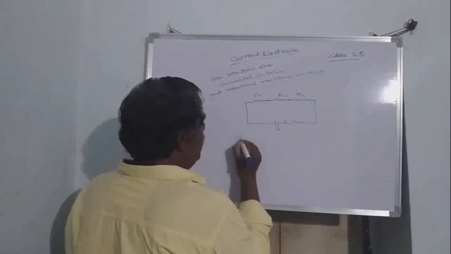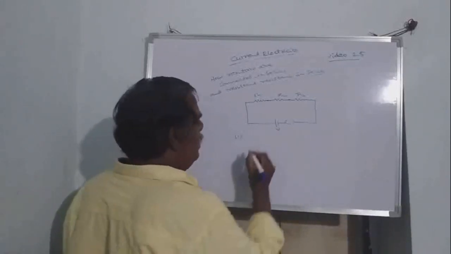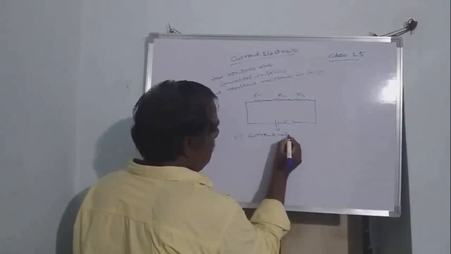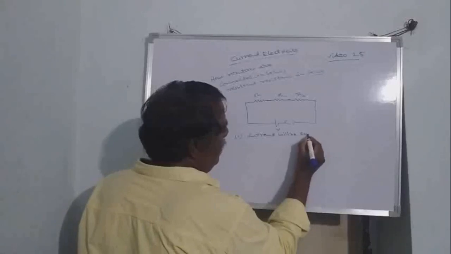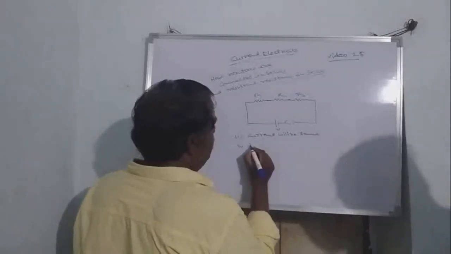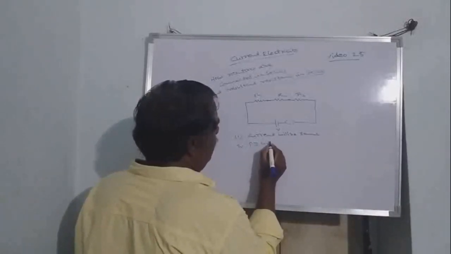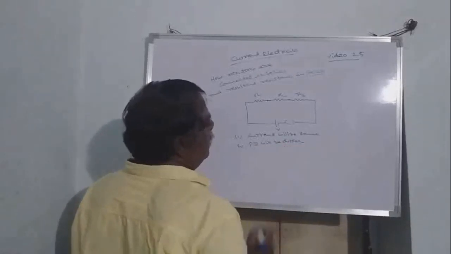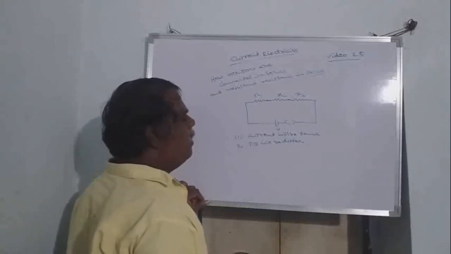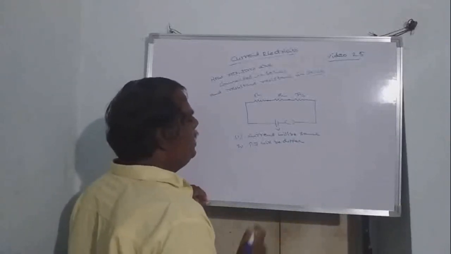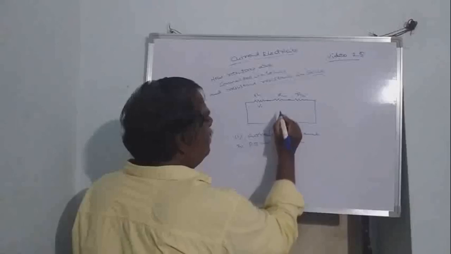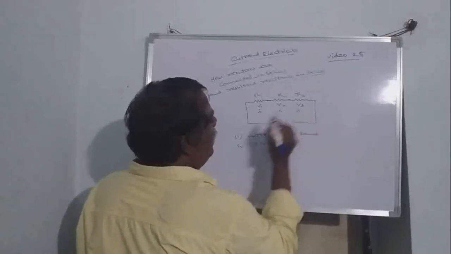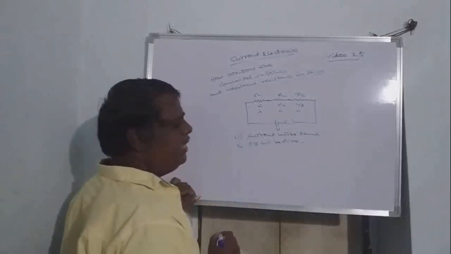Now what is the important point in series combination? The current will be the same. Current will be the same or equal, but the PD, potential difference, will differ. So current I will be the same through each resistor. Voltage will differ. Here it will be V1, V2 and V3. Current here is I, so there will be no change in the current.